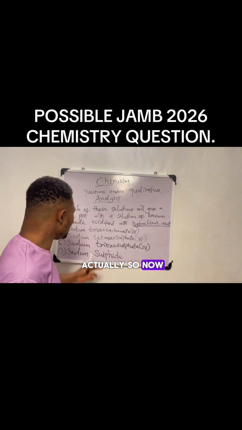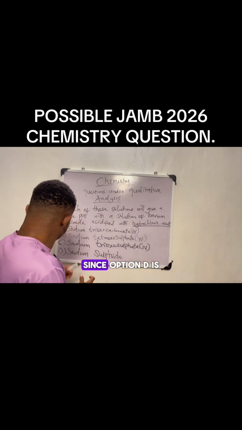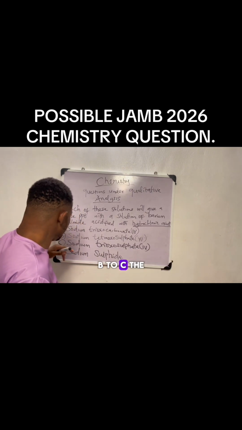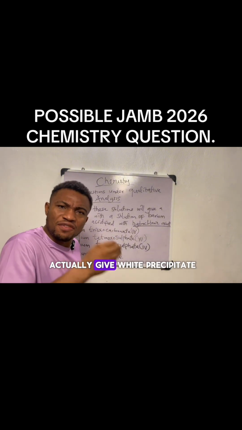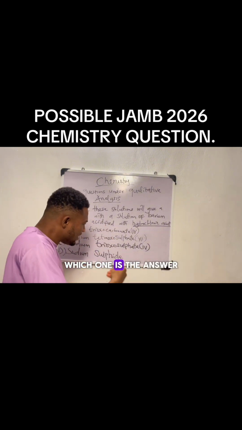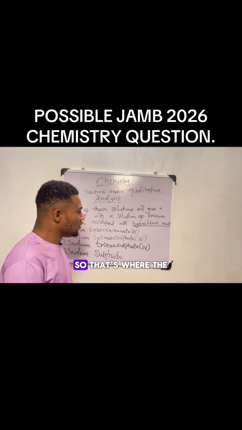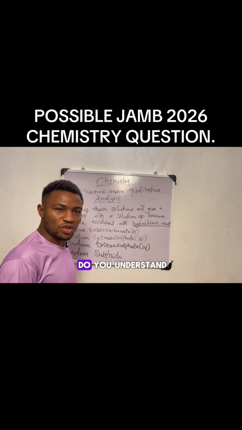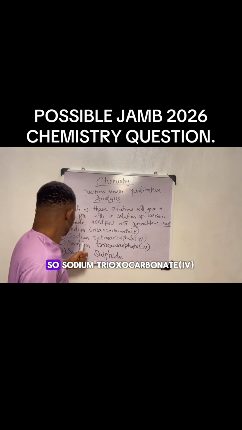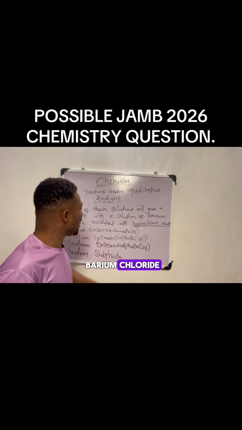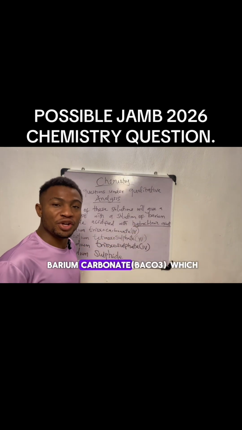So now, how do we know the exact answer? Since option D is out, we have options A, B and C. The three of them will actually give a white precipitate with barium chloride. So which one is the answer? That's where the hydrochloric acid will help us to know which is the answer. Sodium trioxocarbonate(IV), when it reacts with barium chloride, will give us barium carbonate, which is a white precipitate,